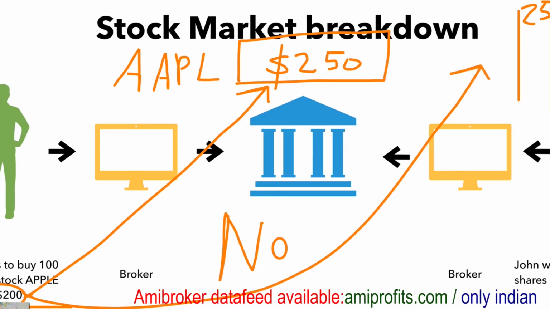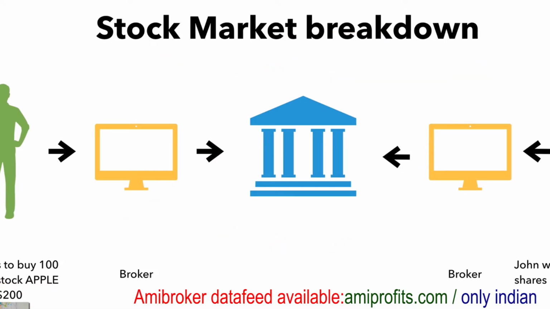You have to understand, guys, when you're buying shares, you're buying it from someone. When you're selling it, you're selling it to someone. That could be a computer, that could be a market maker. But there has to be a buyer for each seller, and for a seller, there has to be a buyer. When you're selling in the market or buying in the market, you are not just randomly selling it to no one, right? There has to be someone on the receiving end to either buy or sell your shares.